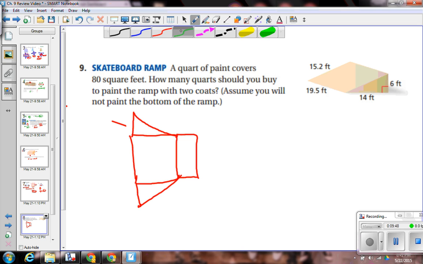So the first thing is to find the 2 lengths of the triangle that make the top and the side, and that's the 15.2 and the 6. And our height is 19.5. So the area of those two rectangles would be 296.4 and 117. And each of our triangles on the side are 14 by 6s, so 14 times 6 divided by 2 makes it 42. So if we add up the two 42s and the 296.4 and the 117, we get